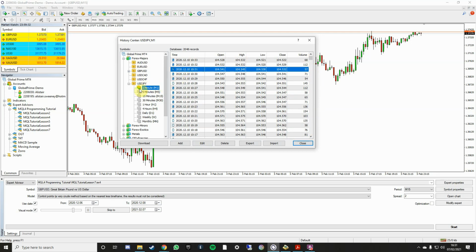So if you just double click the history data again, you can see now we've gone up to 34,000 records. That's still only going back to December, so it's updated again, but it's not really giving us any more. So we're going to double click again and again, and eventually, if you click download instead,